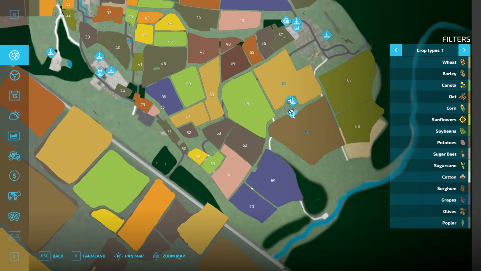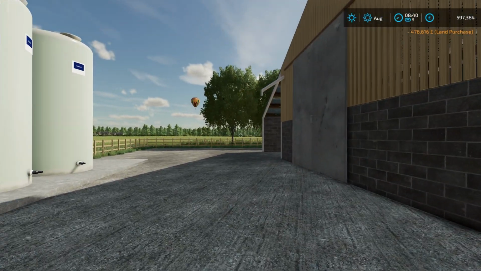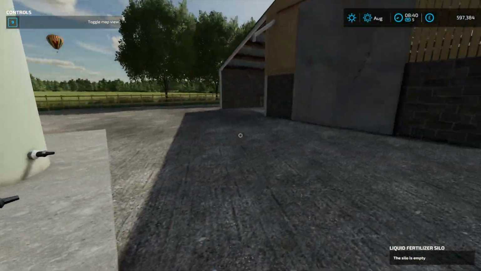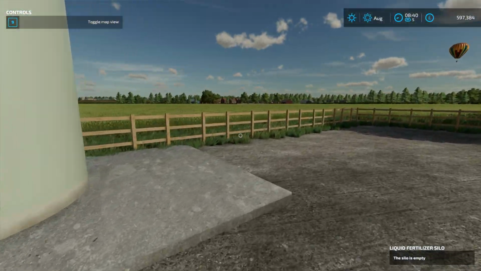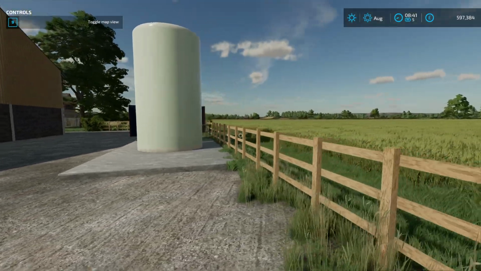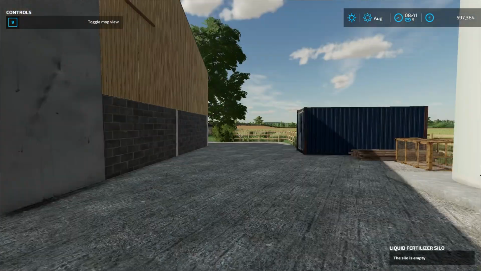And now you can see all of a sudden that you've got your fuel tank, and then you've got your grain sell point, and also your liquid fertilizer there as well. So you can actually start to take advantage of these and use these to your preferences, really. Get them filled up there and be able to drive on forward with them. That's going to be crucial to have, because you are going to need to have plenty of liquid fertilizer around